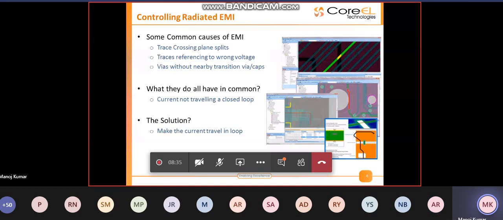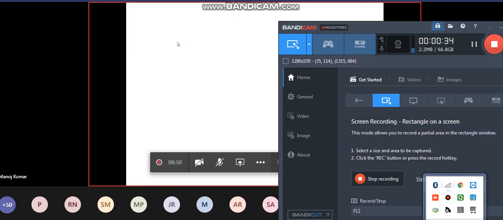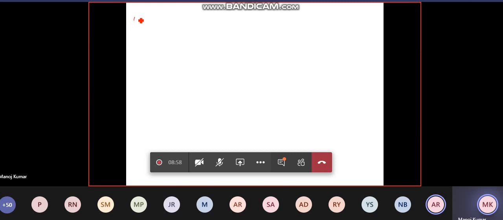Just to give you a very short idea of what kind of EMI challenges one would see in the design, let me take the first example of conducted EMI challenges, which can be taken care of by having any basic pi filter inside the design.